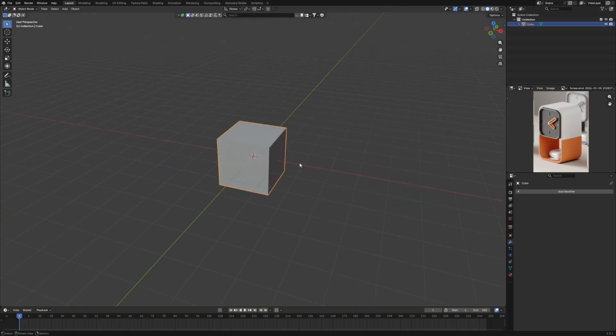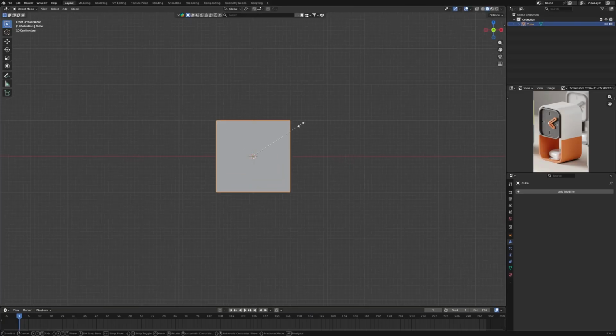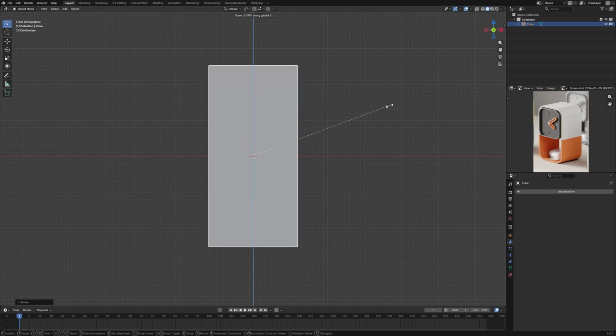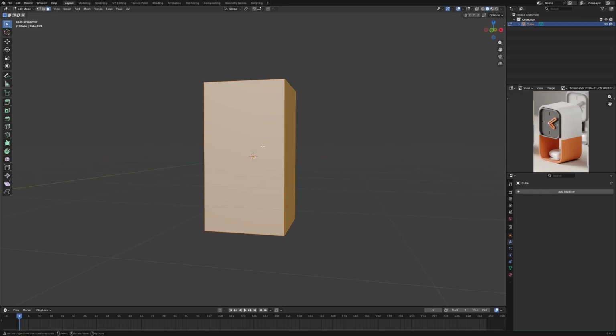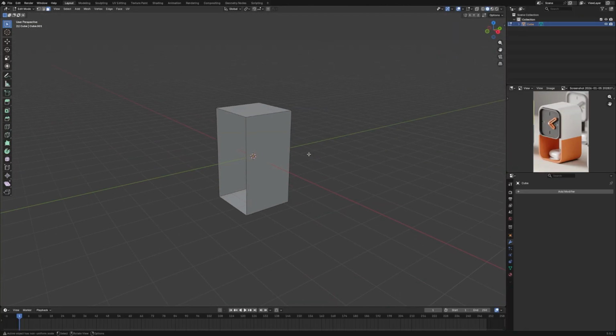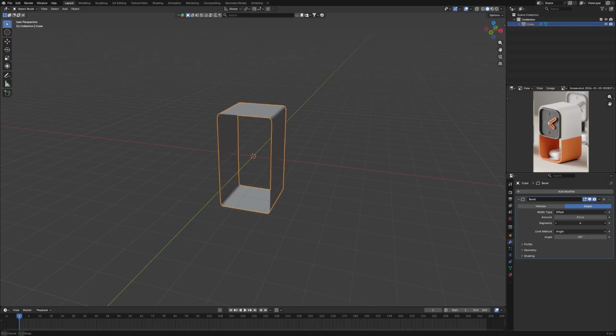So by the way, over here I have some cube. I want to resize it a little bit, and then on Z make it a little bit tall. I think not so much like that, but we can put it like this here. So if you are ready, let's click Tab and choose the front and back faces here and delete the faces. So from here add a modifier and then add some bevel,